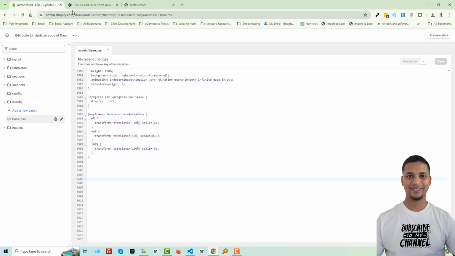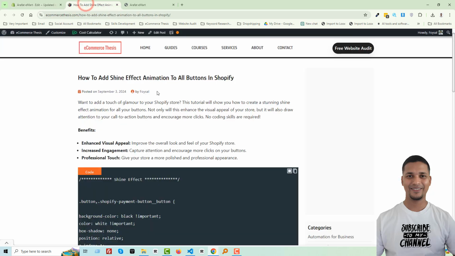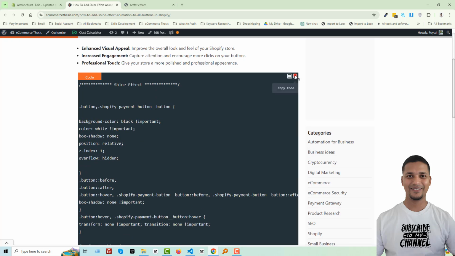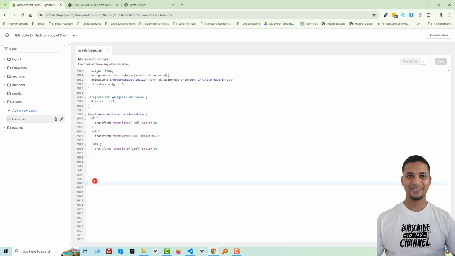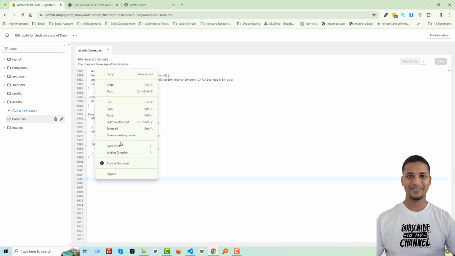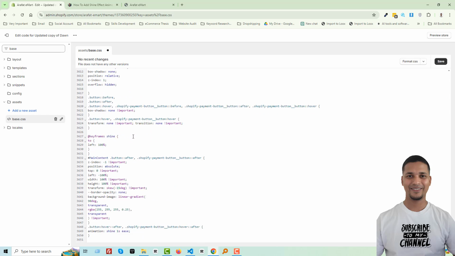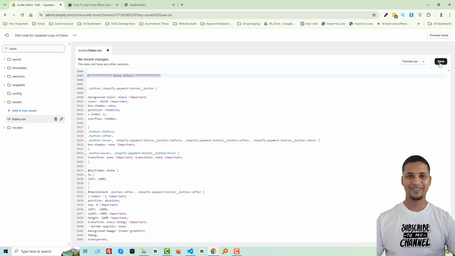Okay, then you will go to this page. I have already published an article about how to add shine effect animation to all buttons in Shopify, and simply click on here to copy all the code and go back, paste it in the base.css file. We have also added a comment in here so that you can easily understand. Okay, then click on save,